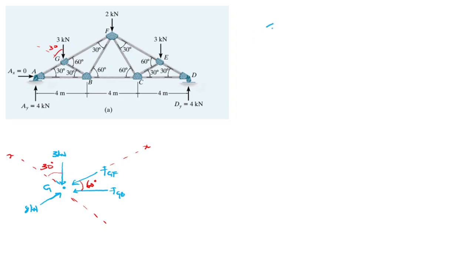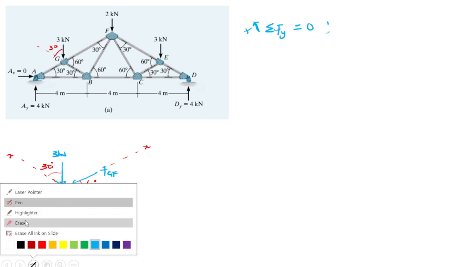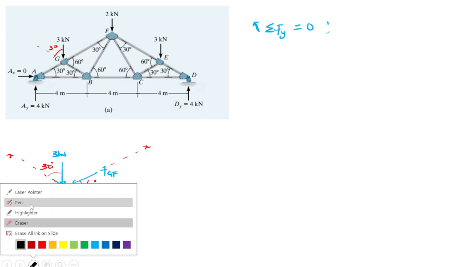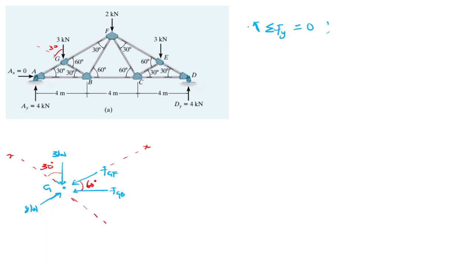So if we say summation in the vertical direction equals 0, because of the orientation of our x and y axis, our vertical direction becomes like this. If we say this is positive,